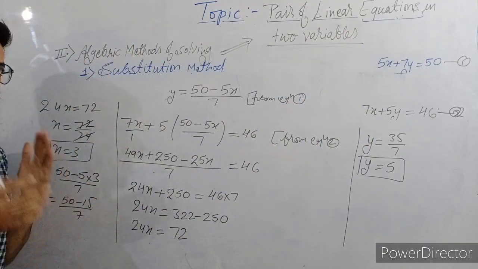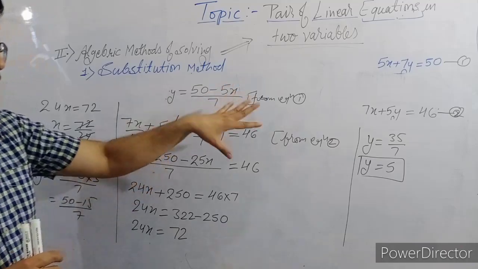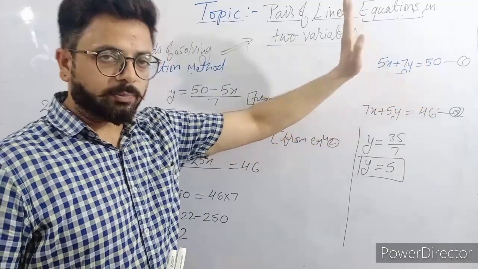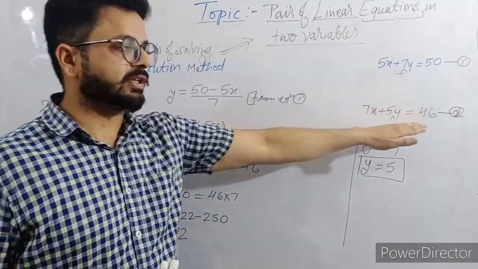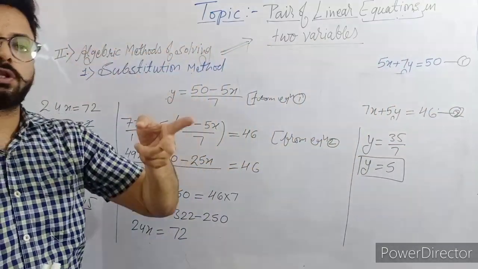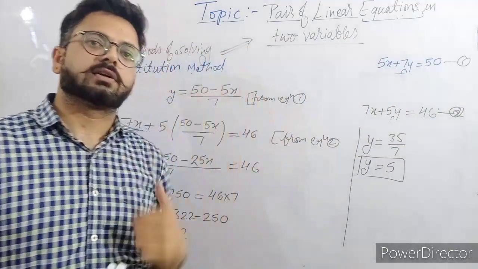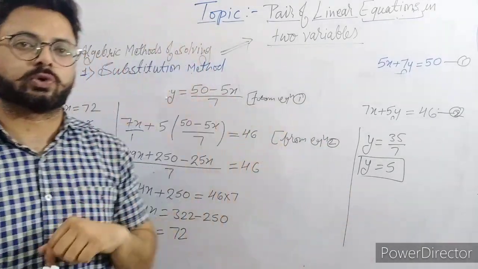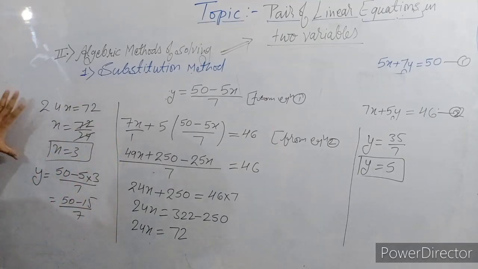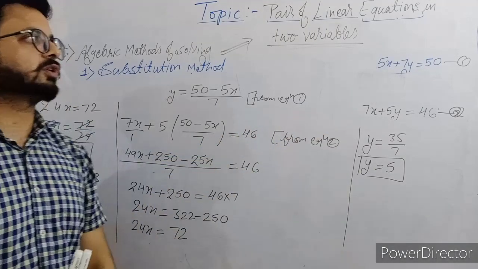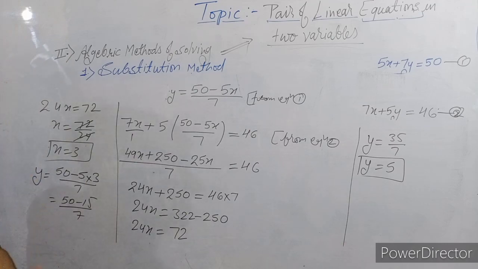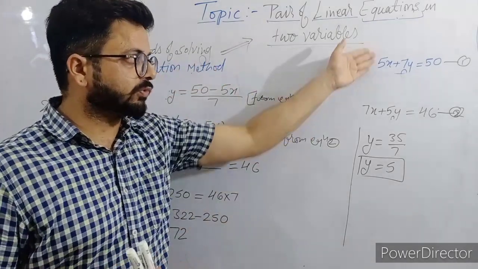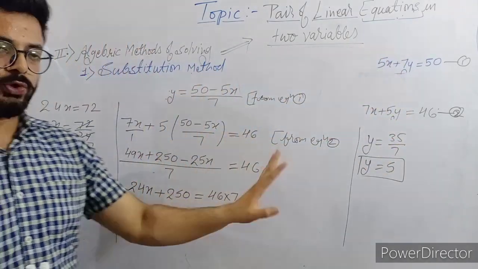So this is the substitution method. Again I am telling you at last: first, from one equation we will take out the value of a single variable in terms of the other variable and we will place it in the other equation. For both steps we will not use the same equation, meaning we take out the value from the first equation and substitute in the first only. This we will not do; we use the other equation. So note this part down and solve more questions on the substitution method. In word problems also you will see a few questions related to the substitution method. First you have to convert to algebraic format and then afterwards we use this same method.